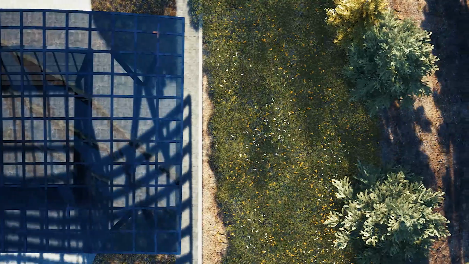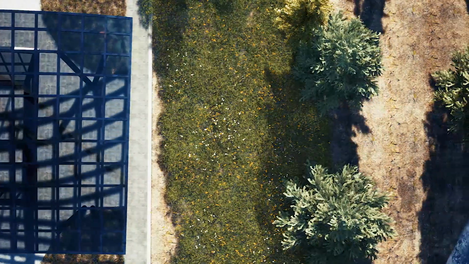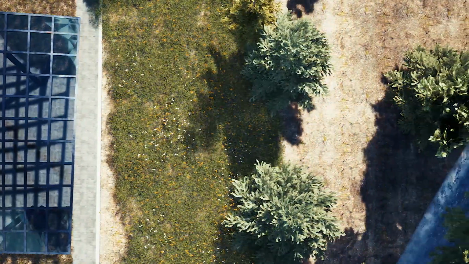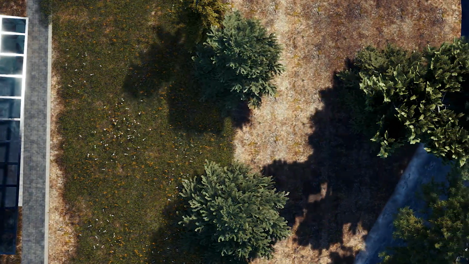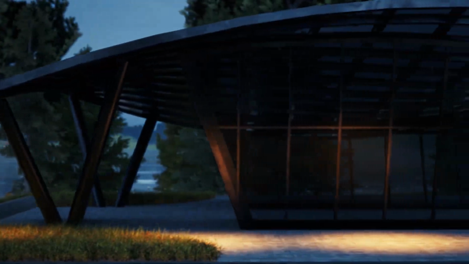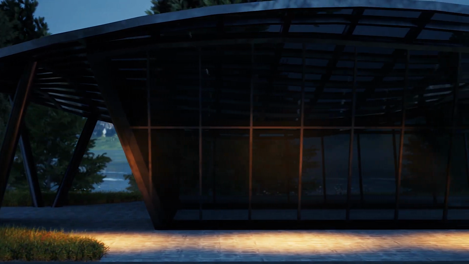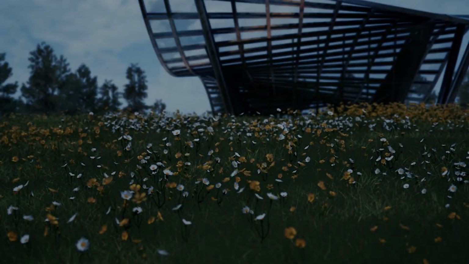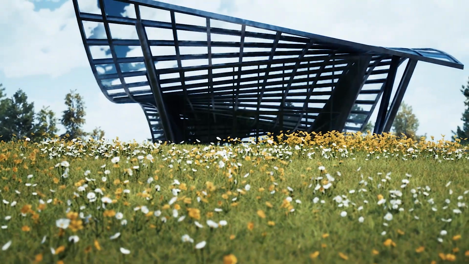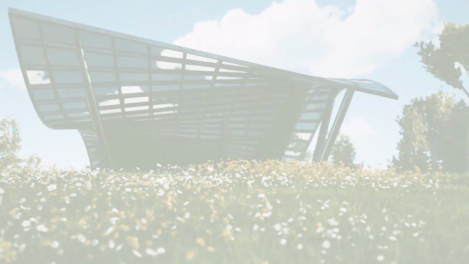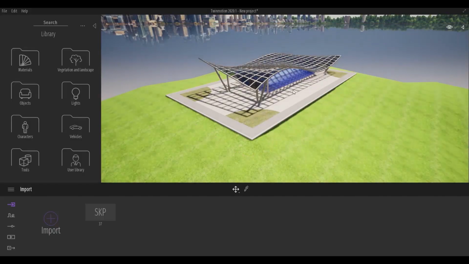Hello everyone, this is the SP Architect, and in today's tutorial I am going to show you how I prepared a scene like this. I have modeled this model with ArchiCAD and I have shown that in the previous video. I suggest you watch that. In this video I have some tips for rendering and I'll inform you with animation techniques that you can use